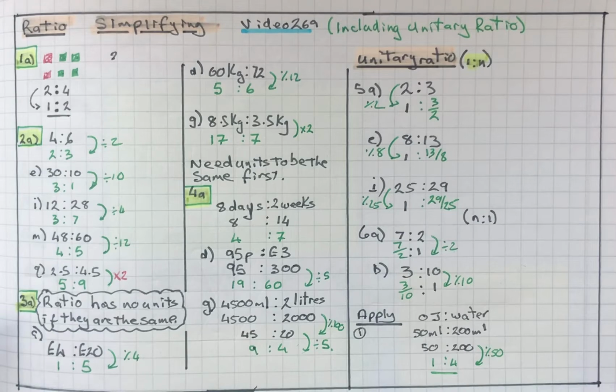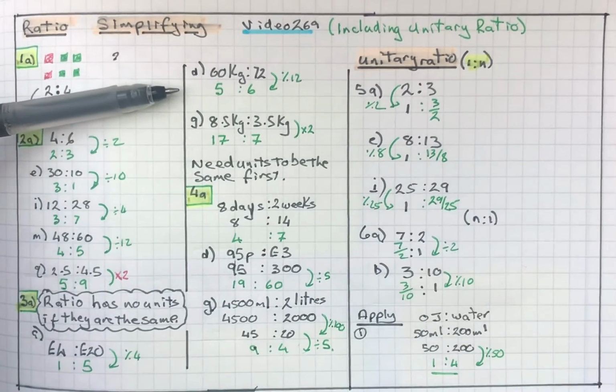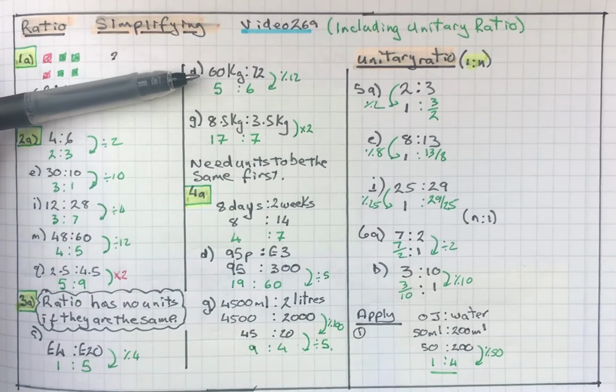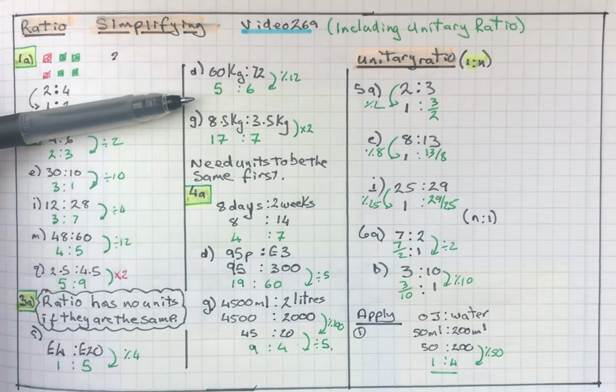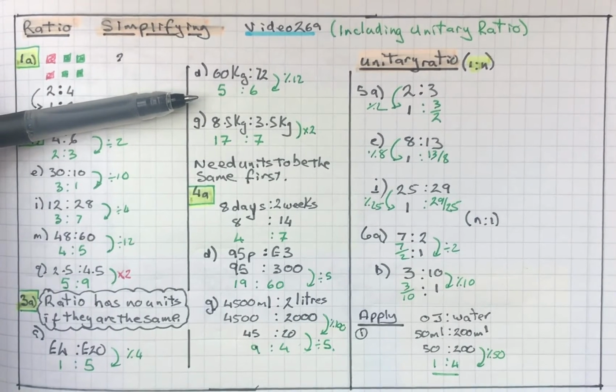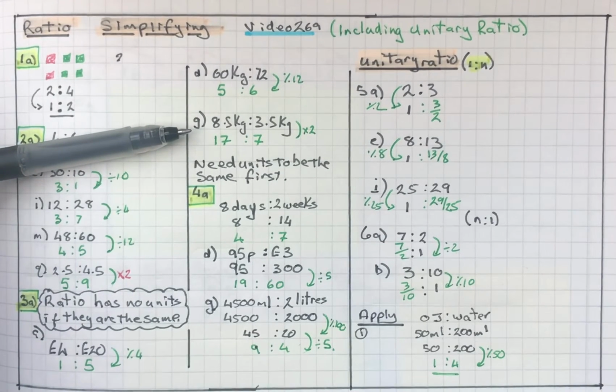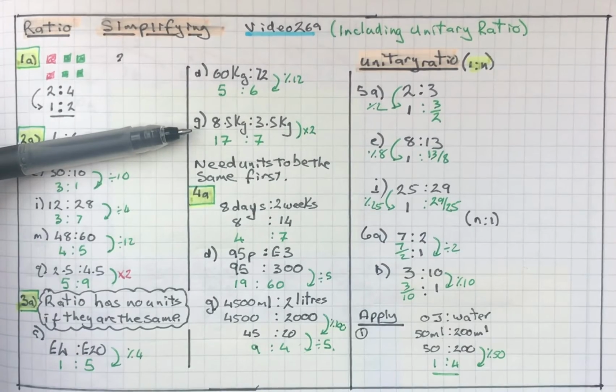If I look at question 3, ratio has got no units. So if they give me £4 and £20, the units are the same. So I can divide both numbers by 4 to simplify that to 1 to 5. If I go up here, 60 kilograms to 72 kilograms, I know that 12 goes into both, simplifies to 5 to 6. 8.5 to 3.5, there's decimals here, so I'm going to double both numbers to get rid of the